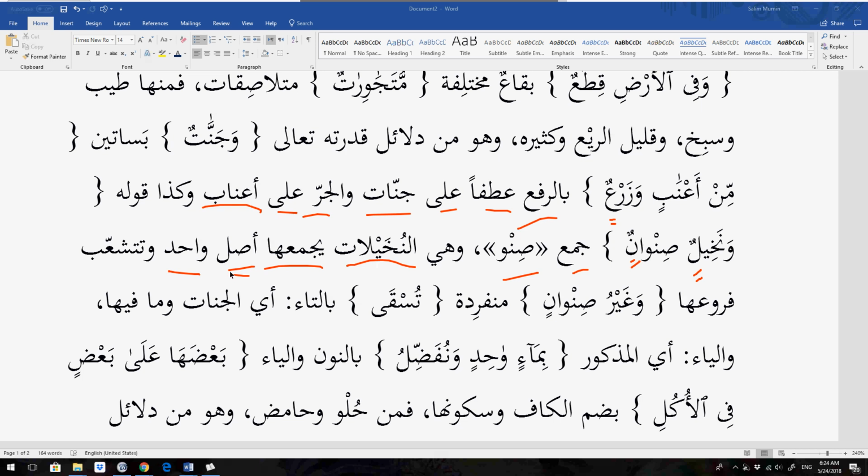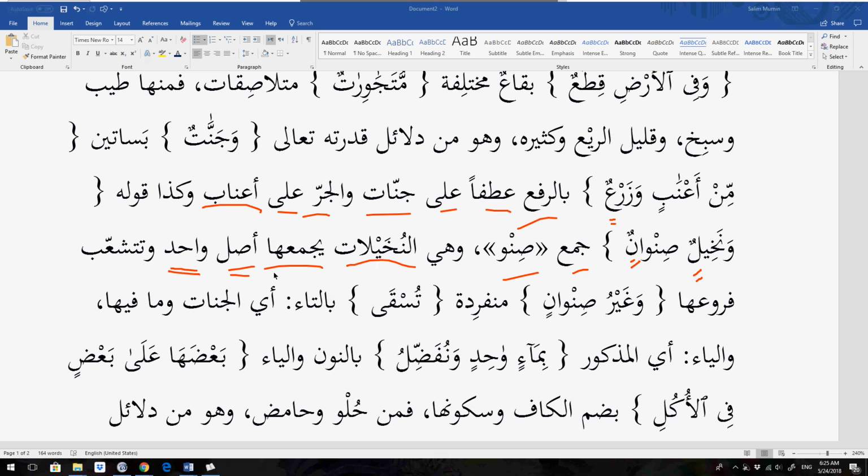So the trunk, أصل واحد, we could say one trunk or one root joins them. They're from the same root, from one root. So the tree, as I explained earlier, Sinwan is showing you that if you look at the tree, you will see I'm specifying the two trunks, because Sinwan is another word for twin.